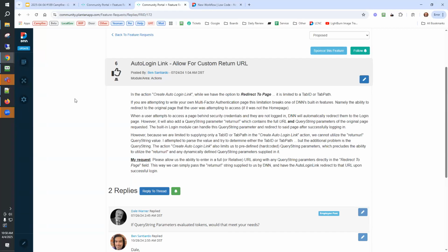So if we could explicitly say on the auto login link, go to the following page, we could just say use bracket, query string, colon, return URL, bracket. Once they log in, we're saying use the return URL that DNN supplied us, because that was the page they were trying to go to. But we can't do that right now. We can only pick a particular page to go to regardless of anything else. So if they were trying to get to page Z, once they log in they're going to go right to the home page or whatever page you have it set to. Yep. We can't dynamically say, go to the page that they were initially trying to go to.